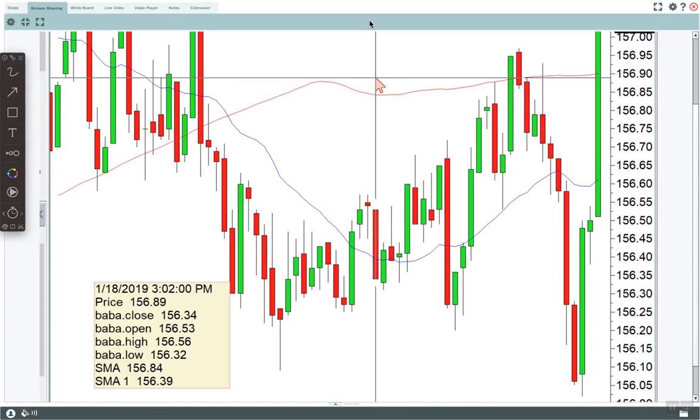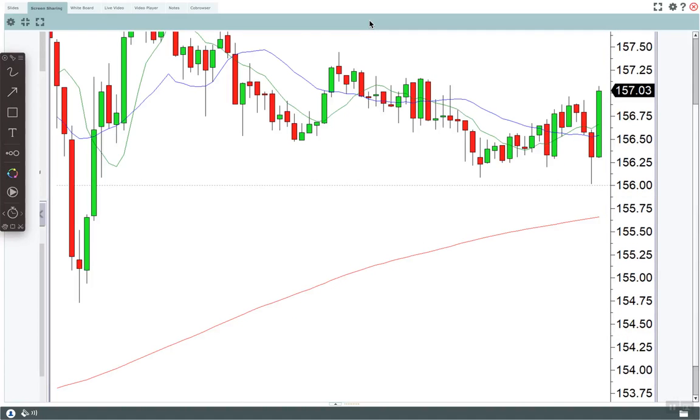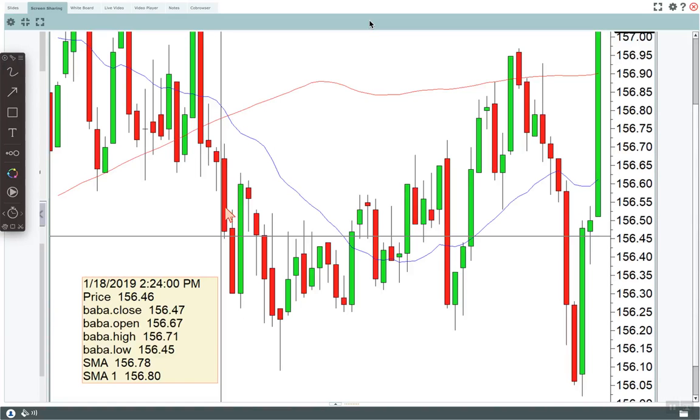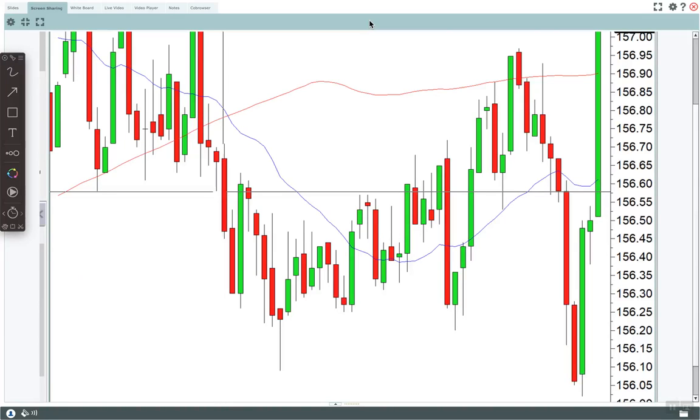Every now and then you want to see a longer view. Just flip to a 15 or a 5. You want to see a longer view, then snap back to that well-positioned 2-minute chart where you see space between the bars. That's when you know you're dealing with the right amount of data on the chart.